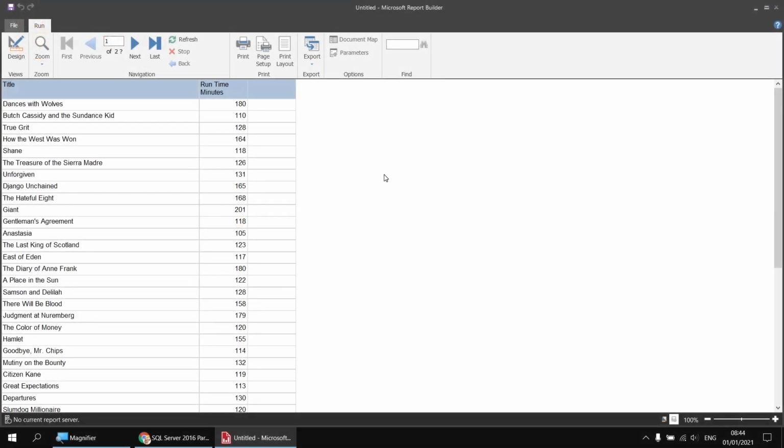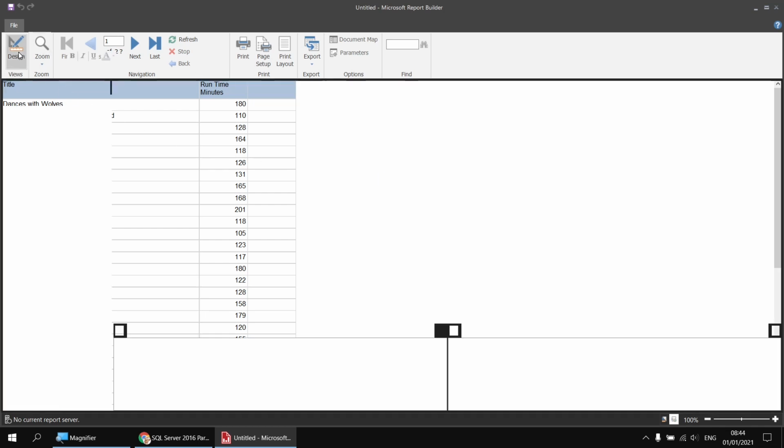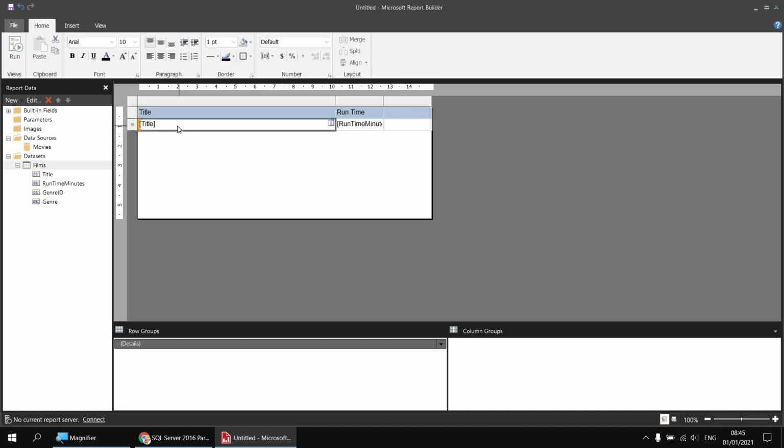In order to highlight the longest and shortest films in the table, we'll need to rely on the max and min functions. And I'd like to have a quick recap on how those functions work first. So back into the design view, I'd like to add an extra footer row to the bottom of my table. So if I select any cell in the table to begin with, I can then right click on the details